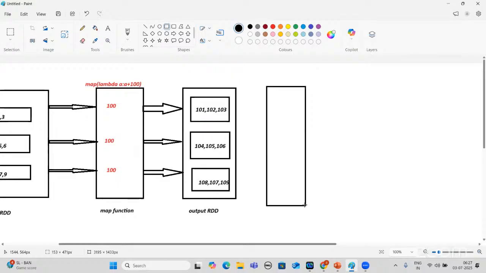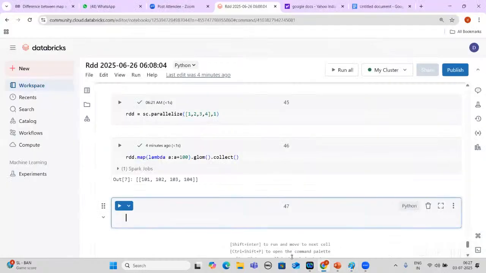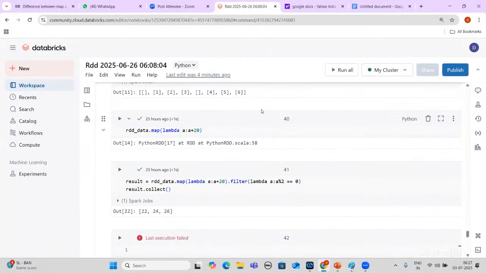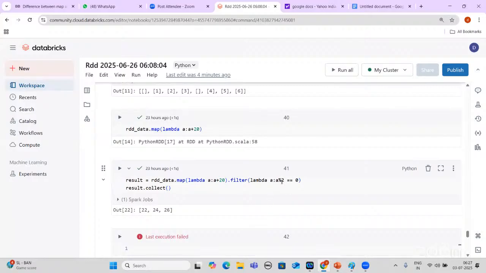So this is the output RDD we are having for the map function. Now for filter, suppose I have given this filter function: A percentage 2, which is nothing but A by 2 should be equal to 0, right?